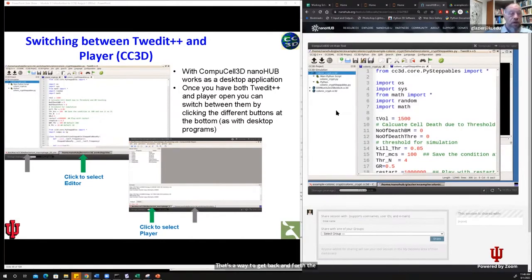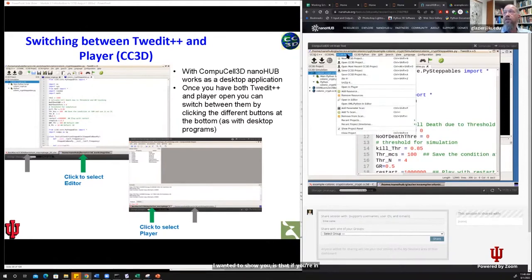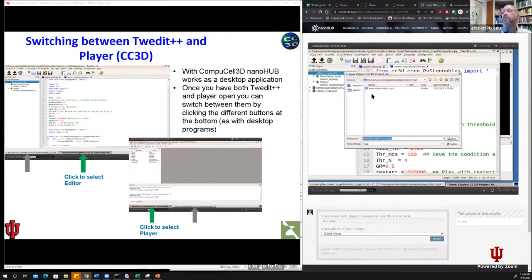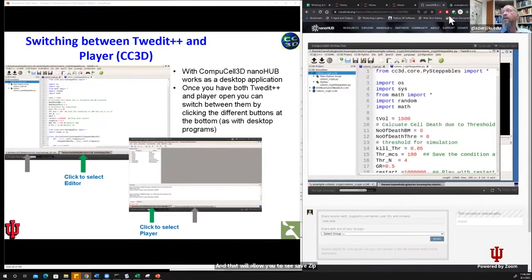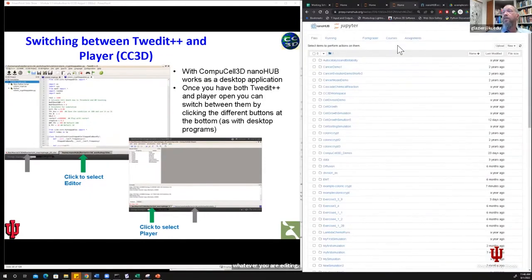The other thing that I wanted to show you is that if you're in Player, you can go to CC3D project, select zip it, and that will allow you to save a zip version of whatever you are editing now. And then, as before, you would go back to the Jupyter Notebook,